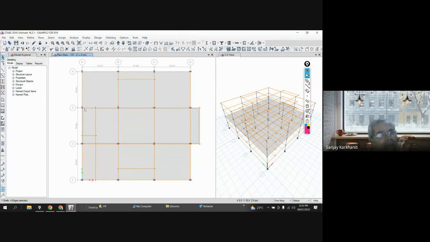Now this slab is resting on edges, but it is not resting on inner beams. Is that okay? Definitely not. Then I want to divide it. So how can I divide? I will click inside the slab, then I will select a beam